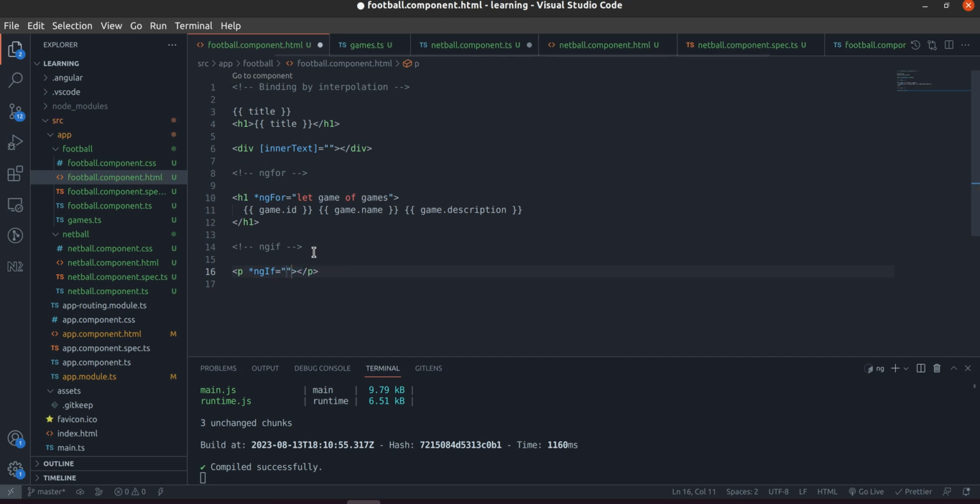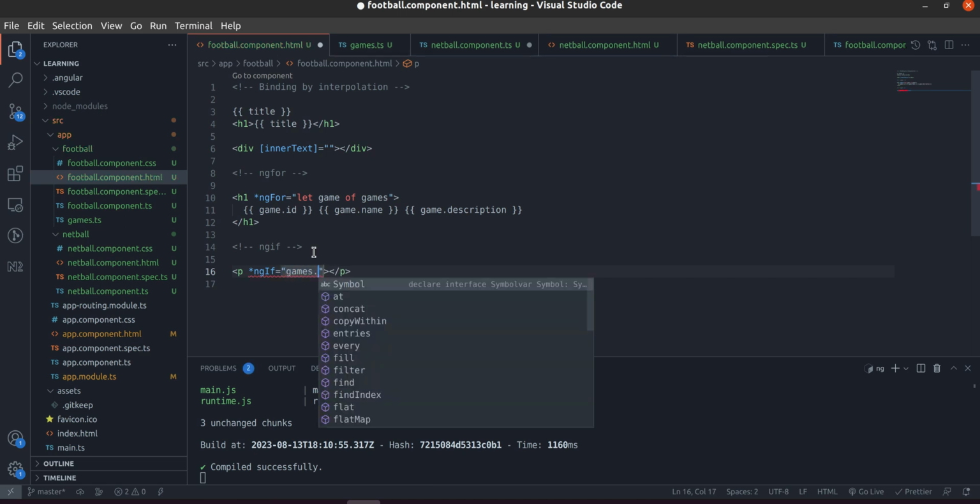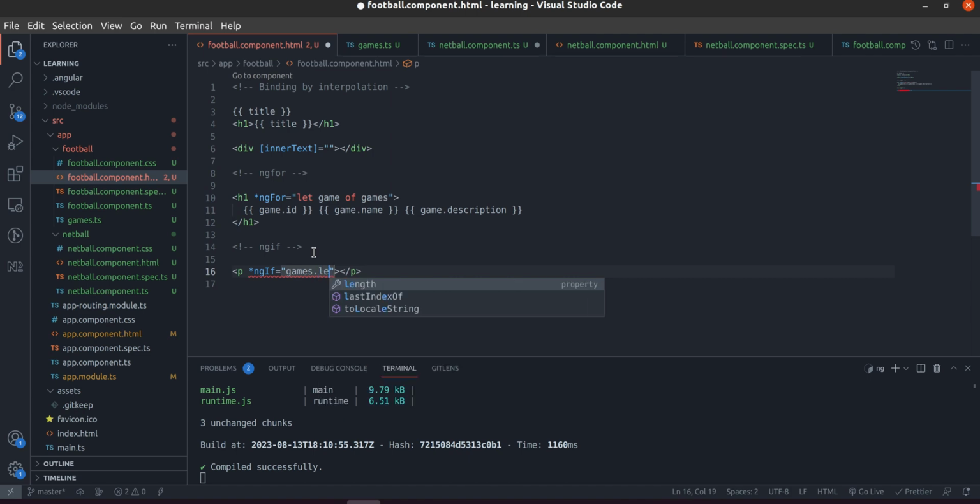Now you see there's a problem in Paradise. What's the problem? The syntax is escaping me. Okay, so if we do the pattern, if the games length is greater than, let's say, 2,